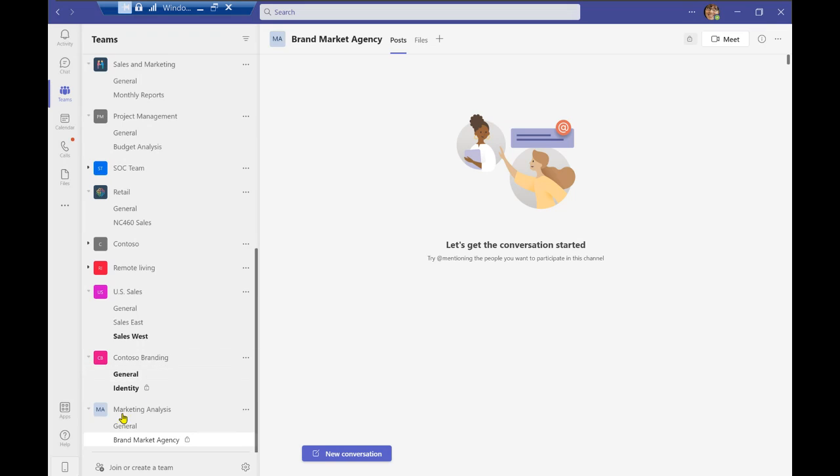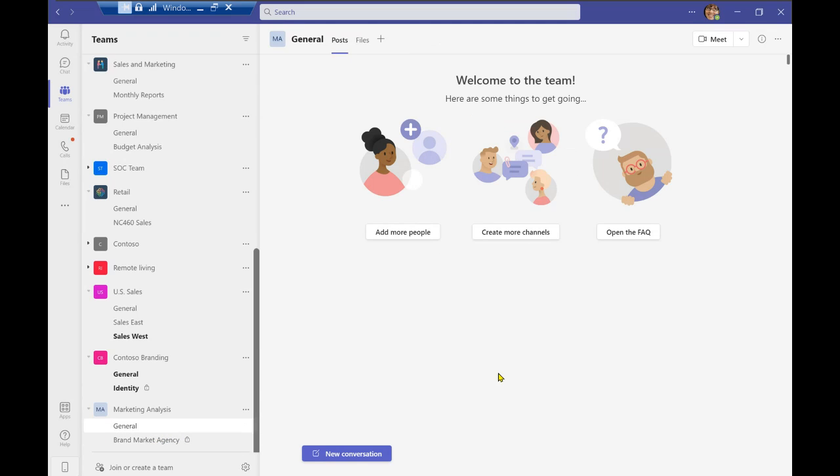Now you'll see that channel has been generated over here, and it has that locked icon right over here, which is rather small, but that's also notifying you that this information is private, and the people who exchange information in this channel will only be able to see that. So now I'll return to our general channel, and I'll open up a conversation.